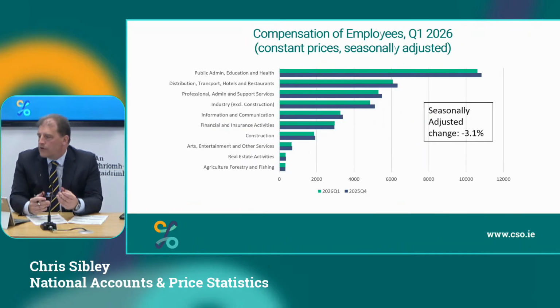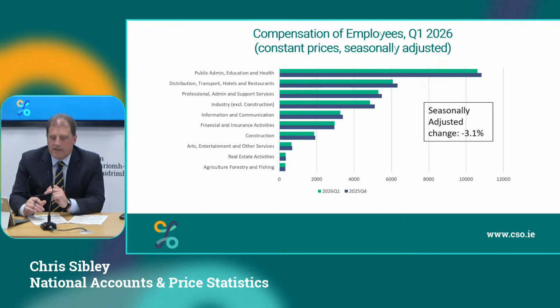And at this point, we also like to keep an eye on the wage bill, how much people are being paid in the economy. And we have really good, almost real-time data on this. And this is falling a little, right, -3%. The main factor driving down the wage bill, which looks different from a lot of the other domestic data, is that hours worked have fallen. So in Q1 2026, we'll see from our labour force survey publication that hours worked has fallen across a number of sectors. And that's what's driving down what we call compensation of employees, or wages. That's the only one that's kind of bucking the trend in the run of domestic indicators.